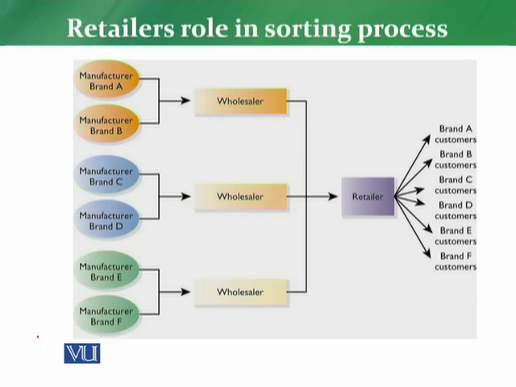If the consumer is looking for, let's say, brand A, he will get that brand A from that particular retailer. If another consumer is looking for brand B, or maybe the same customer is looking for brand B, then in this case he can get that particular product also from that retailer. So we have here an example, if you can see, all customers here. Different customers, different needs of different brands, but their needs have been fulfilled normally by this particular retailer,